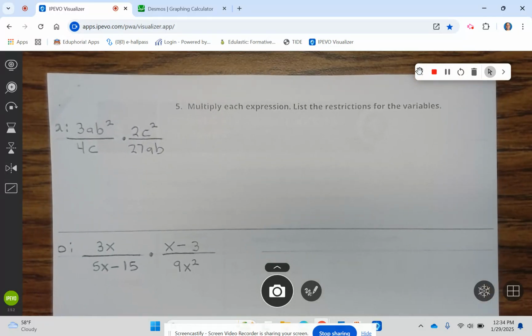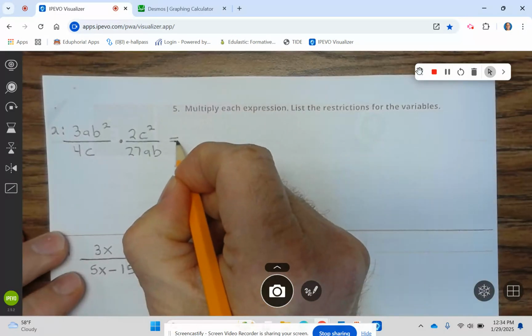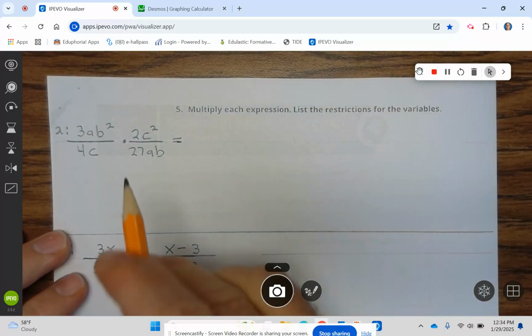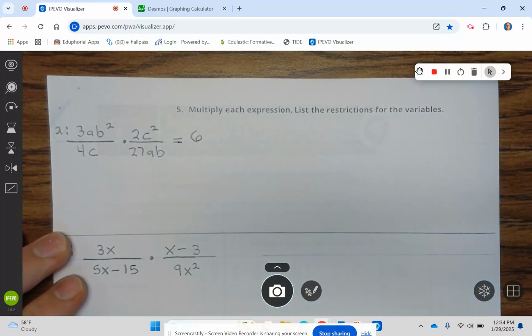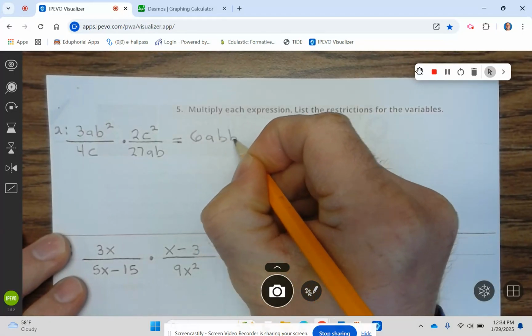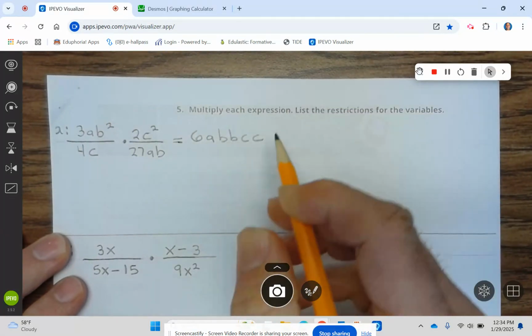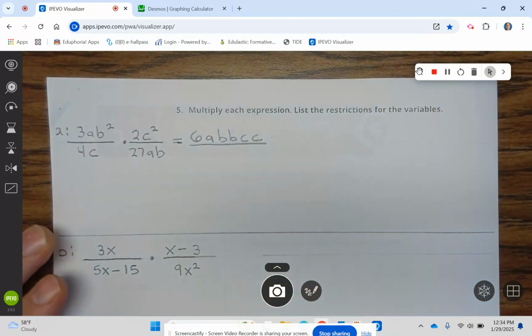Let's take a look at 5. Multiply each expression, list the restrictions for the variables. Okay, so we have 3 times 2 is 6, and then we have A, B squared is B times B, and C squared is C times C. Divided by